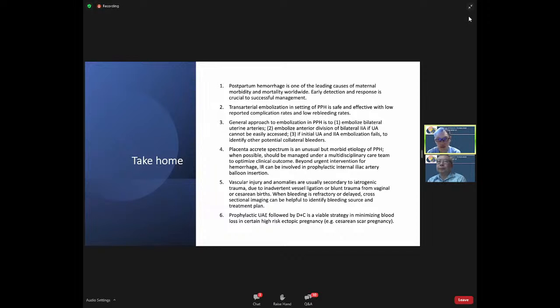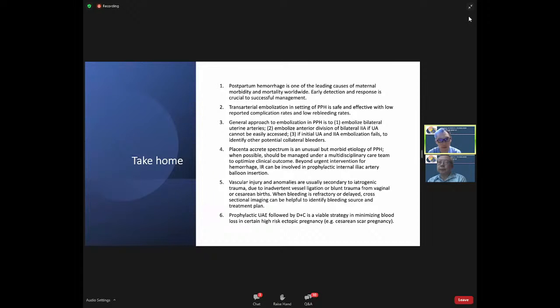If the initial uterine artery and/or the internal iliac artery embolization fails, it is very important to identify other potential causes and collateral bleeders. Placenta accreta spectrum is an unusual but morbid etiology of postpartum hemorrhage, so